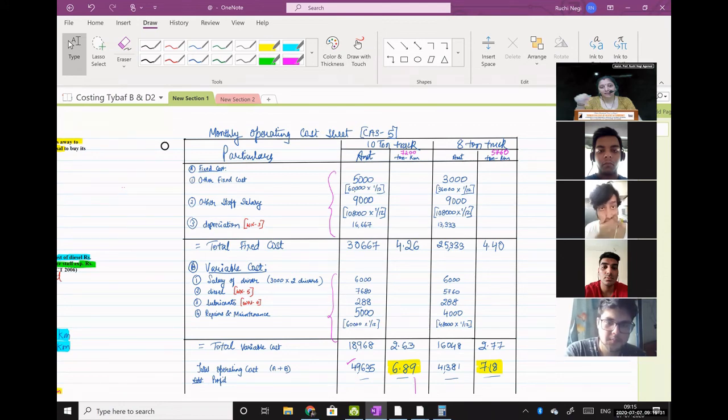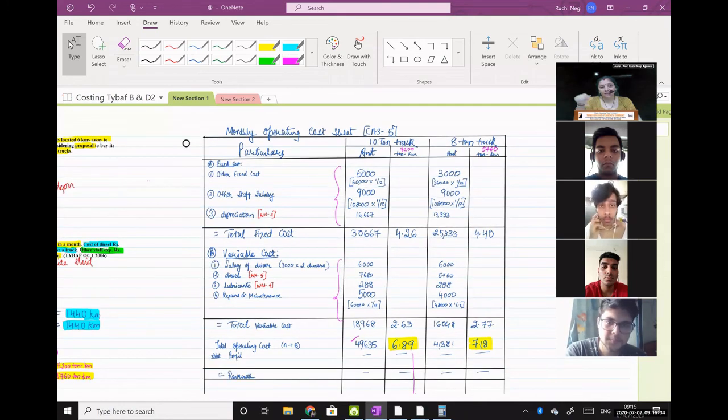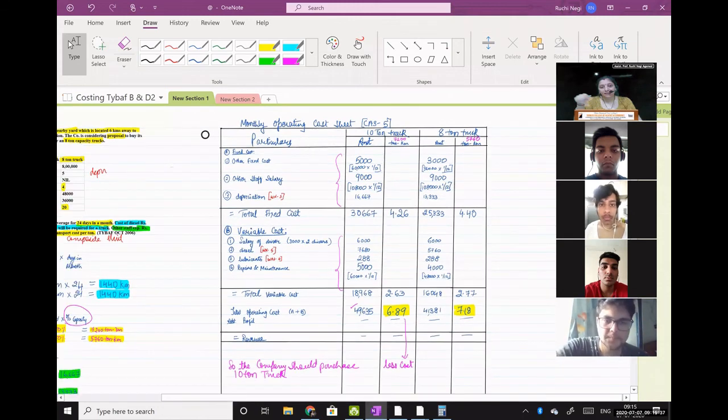This is what is expected by you in the answer. Since it is the lower cost, the company should purchase the 10-ton truck. Make a note of this. Note it down. Any doubts to anyone? Just acknowledge it in the chat box if you have understood the question. Okay, Sayatin Sarkar, you already got this answer. Great.